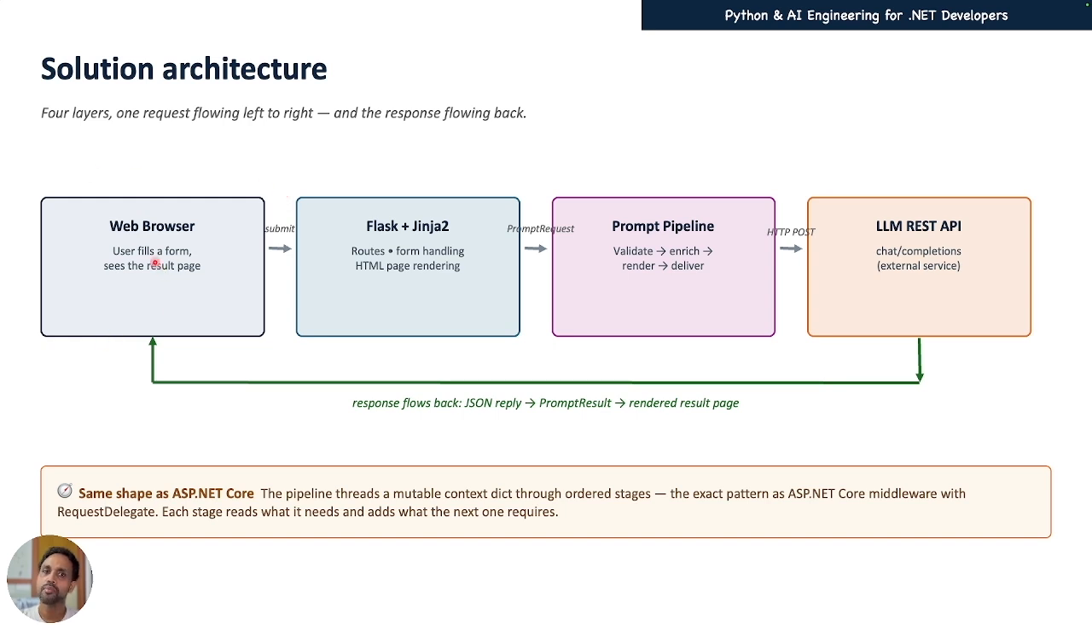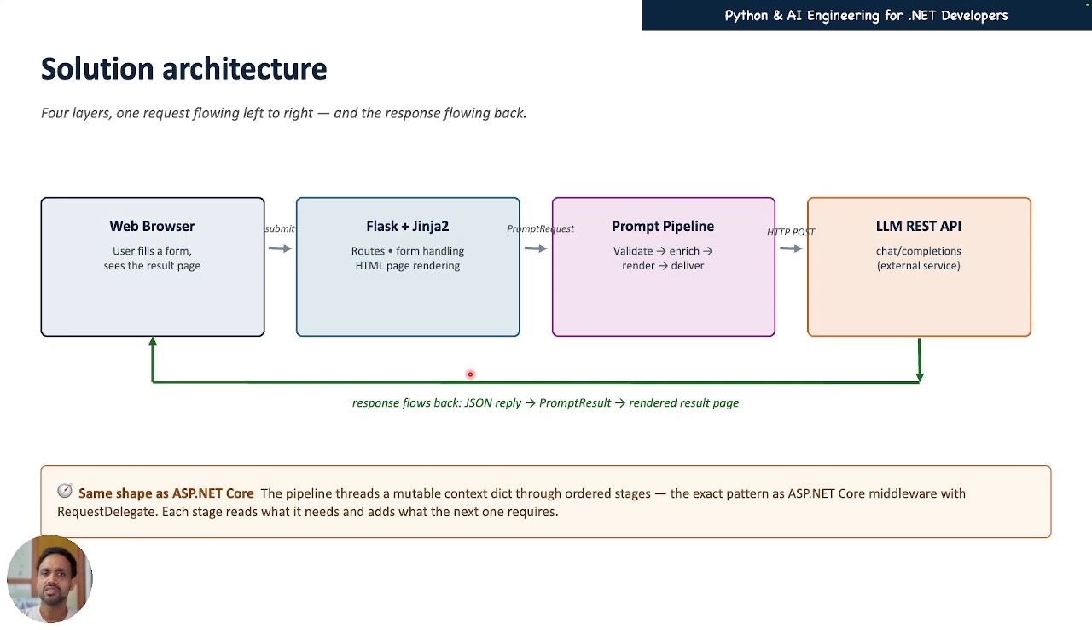So when the web browser submits the particular form with all the details, the details will be sent back to the code behind, where the Flask web framework will read the request. Then it will pass those to the LLM pipeline, which will execute via the LLM POST API, and then it will get the response. The response will come back, be bound to a Jinja template, and be visible on the